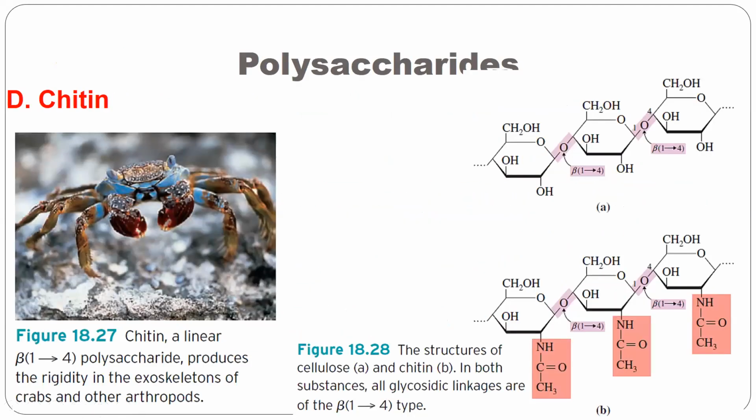Another kind of polysaccharide is chitin. Here we have the structure of a crab exoskeleton. Crabs and other arthropods like shrimps, or other arthropods, kanang insects. In structure, it's very, very hard. Kung kaano kalimang ang tuktok nila, it's made up of chitin. So chitin is still made up of